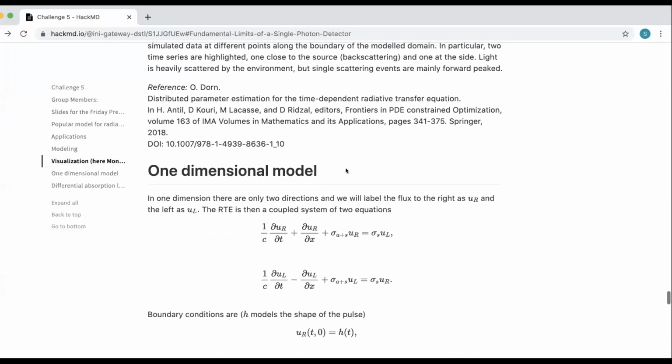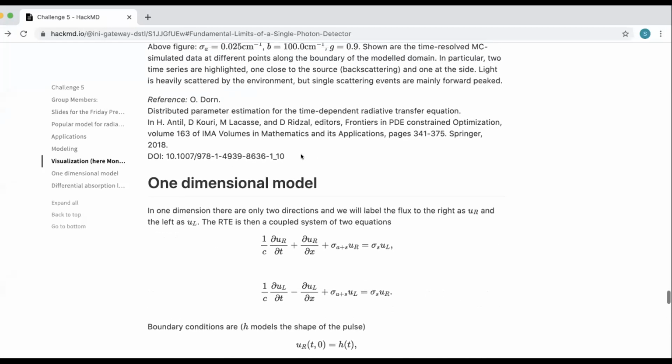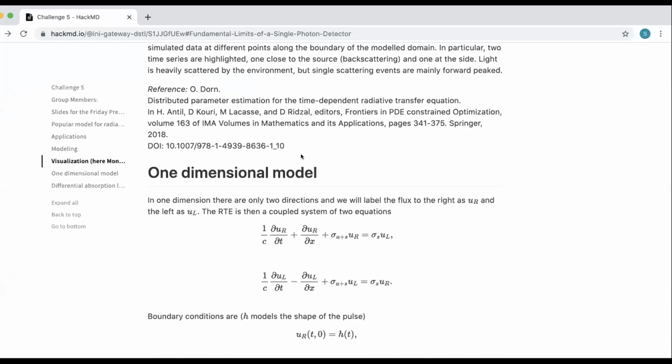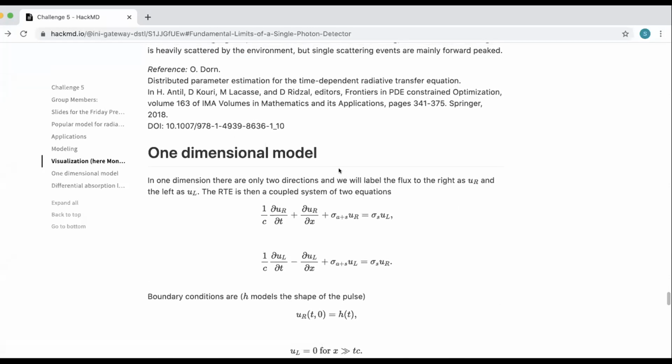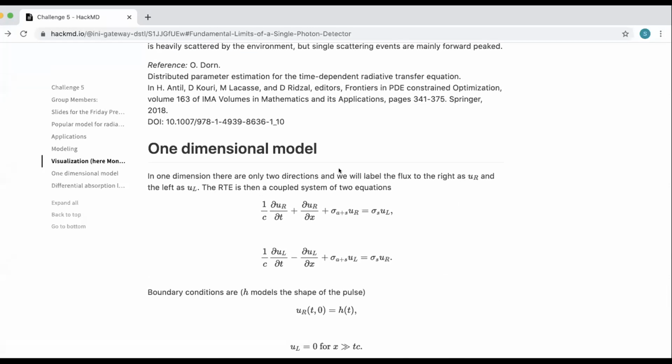Right, so this is where we were in the presentation. As Oliver was saying, if you use a general RTE model, it's very high dimensional and difficult to get anything out. It's a very difficult inverse problem. And so this motivates trying to reduce the dimensionality to consider a 1-dimensional model. In the case we're considering, the 1 dimension makes sense because we have a laser pointing and the photons move out. They're very collimated along the laser, and then they bounce off some target and then they come back. And so we might want to consider just the 1 dimension, which is the range along the path of the